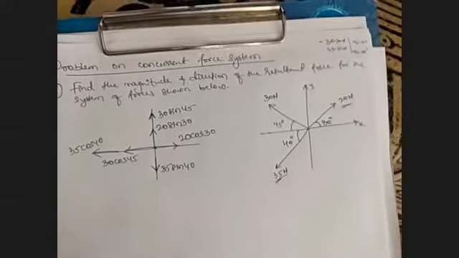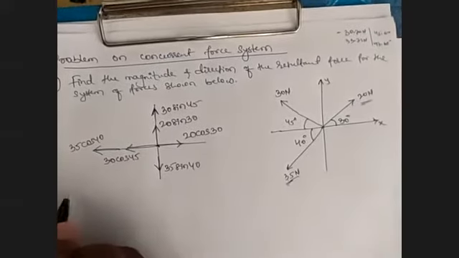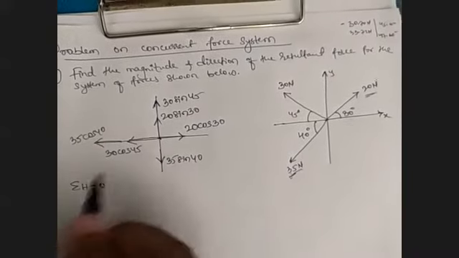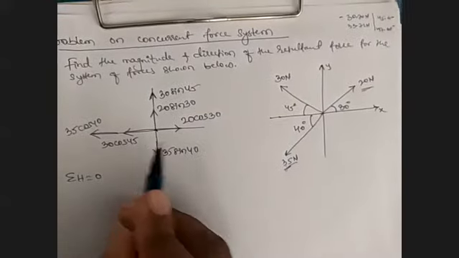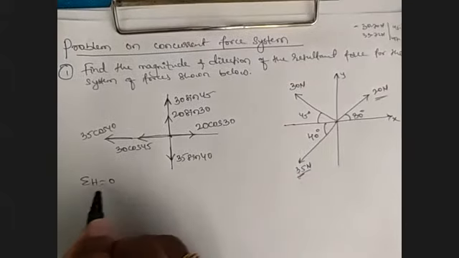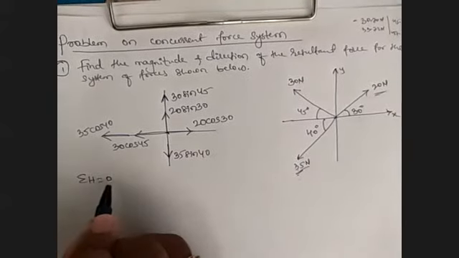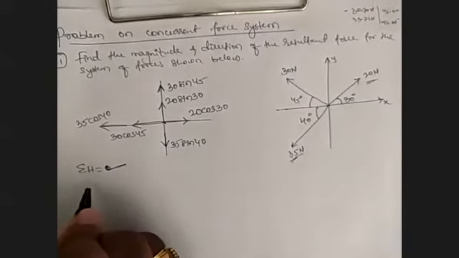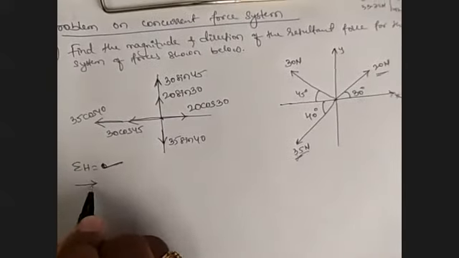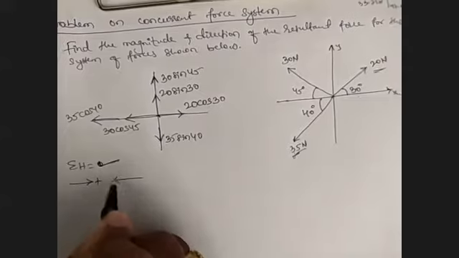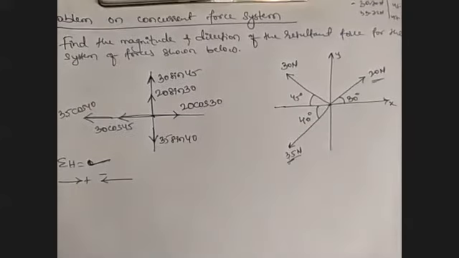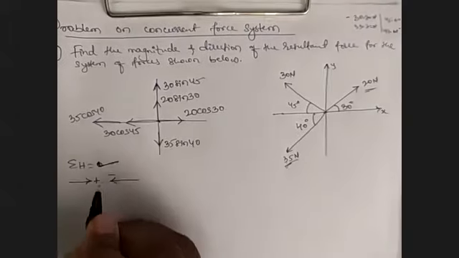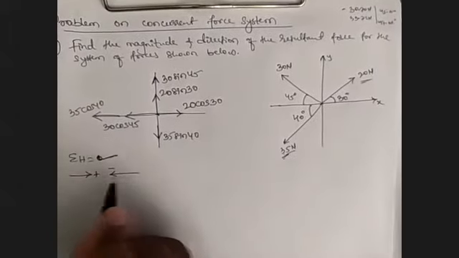Here we would use our equilibrium condition, that is summation of H is equal to 0, where you add the forces and equate to 0. But the question asks us to find the resultant, so there is no need to equate the sum to 0. Just calculate the value of summation of H. To calculate summation of H, our sign convention is: right side acting forces are positive, left side acting forces are negative. Summation of H is nothing but the sum of forces acting along the x direction.